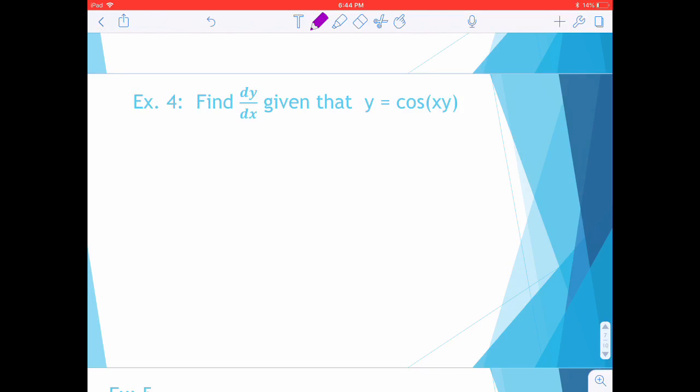So when you just differentiate y, right, you get dy/dx. Ooh, x. That's an x, guys. Okay. And then you want to differentiate cosine xy. So the derivative of cosine, right, the outer function, is negative sine xy times the derivative of the inside,